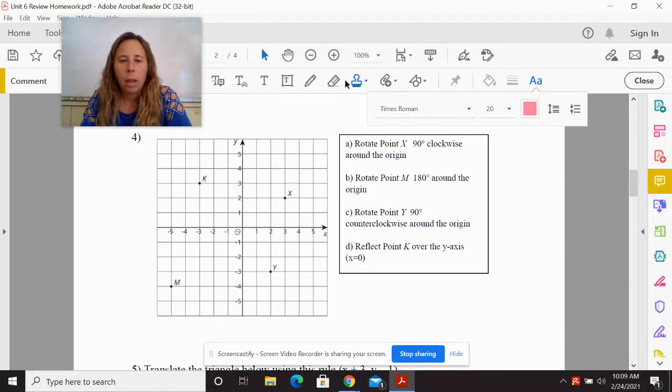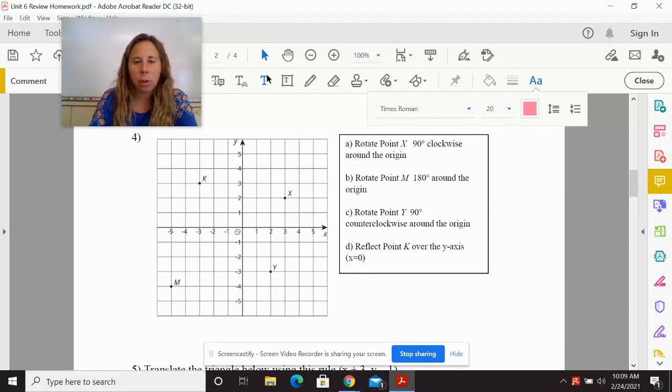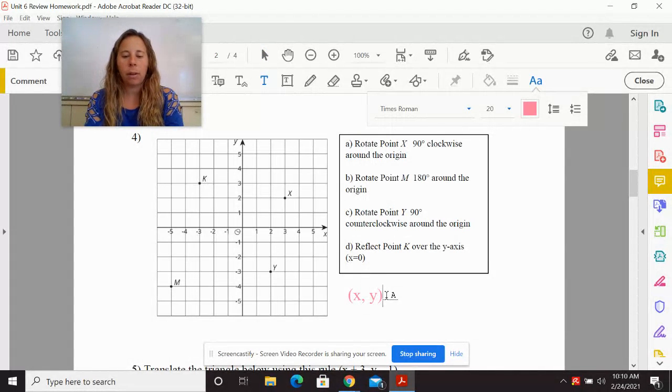Okay, so 90 degrees clockwise around the origin. So once again, you could do this with a protractor, but it's easier if you just memorize your rules. If I'm going 90 degrees clockwise, I start out with X, Y, so my X and Y switch, that's the first step, and then one of them becomes negative. So if you're going clockwise,